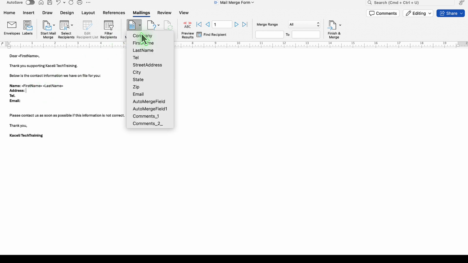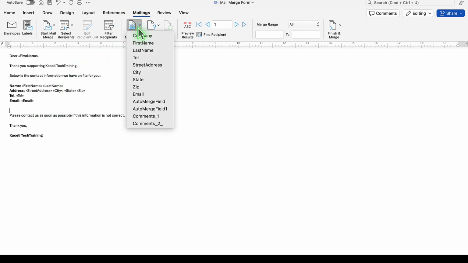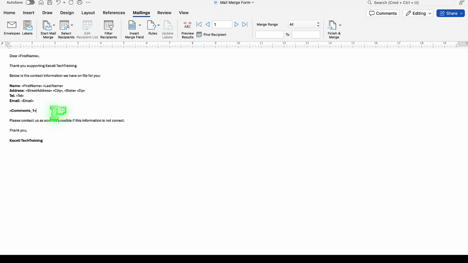Then put in the address, which would be the street address, space, city, comma, and then the zip. Then we put in their telephone number and the email. If we have any comments, post those comments as well. You can highlight certain things and make them bold and format them the way you want, and then click on